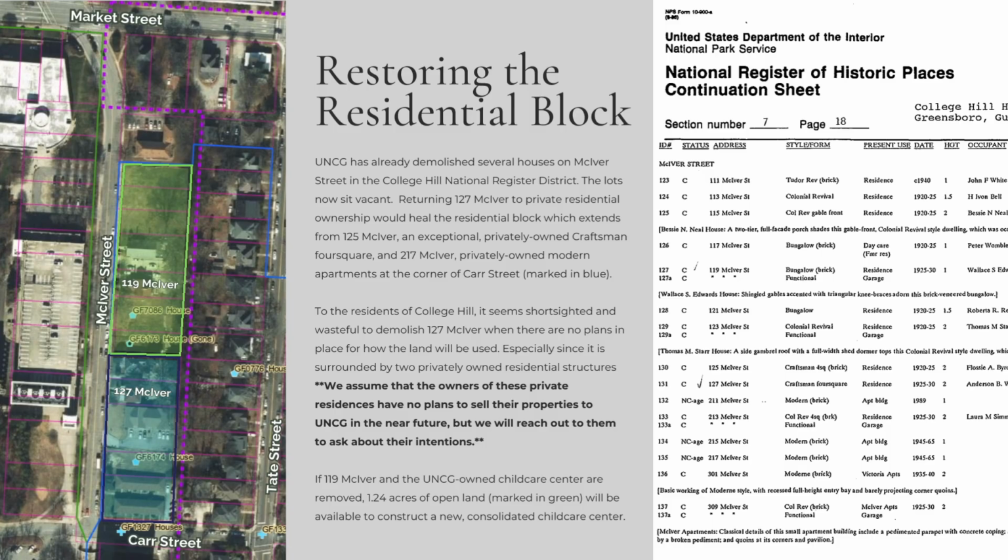Here's an aerial view to illustrate a little bit better what I'm talking about here. You can see the blue box on the aerial map to the left, where it has 127 McIver located there. This whole area is private renters. So you've got the house to the north of 127 McIver, which is privately owned, used as a residence for renters. And then you've got these apartments to the south. So if 127 was sold back and was able to be used as another renter's residence, that would really do